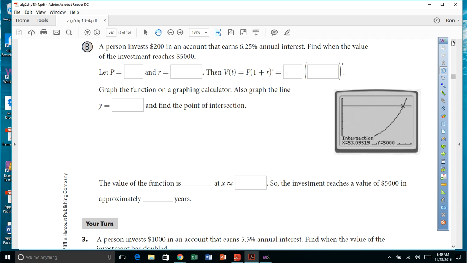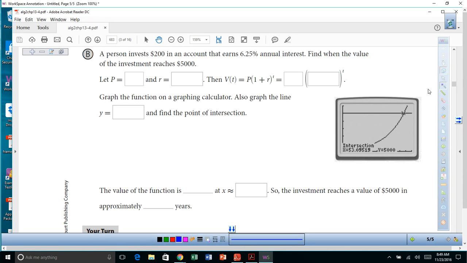All right, glad you're back. A person invests $200 in an account that earns 6.25% interest. Find the value of the investment when it reaches $5,000. So we're going to let P equal $200. And R is going to equal 6.25%, so that's going to be 0.0625. Then V sub t equals, and then we got the principal, which is $200,